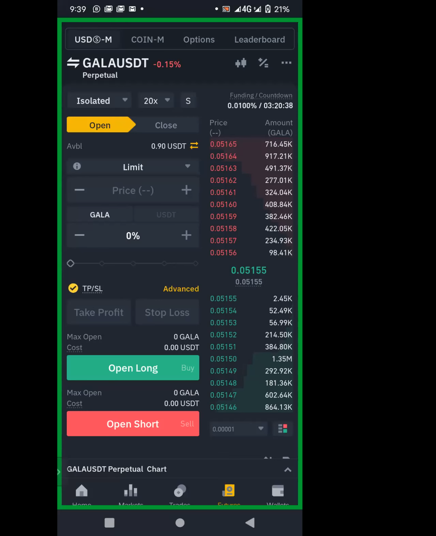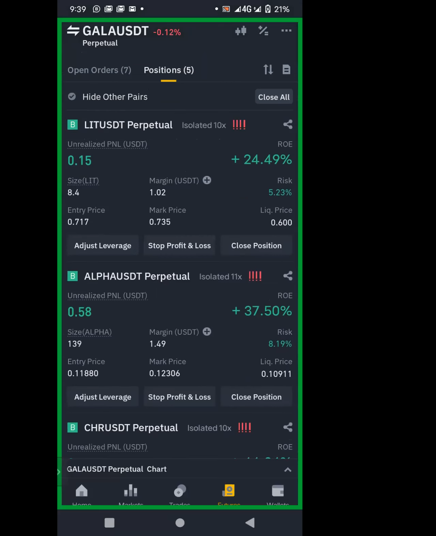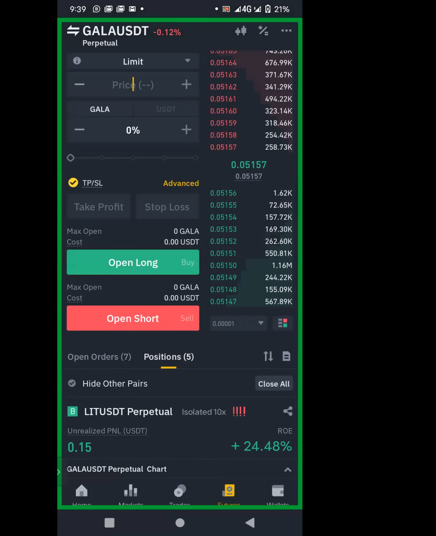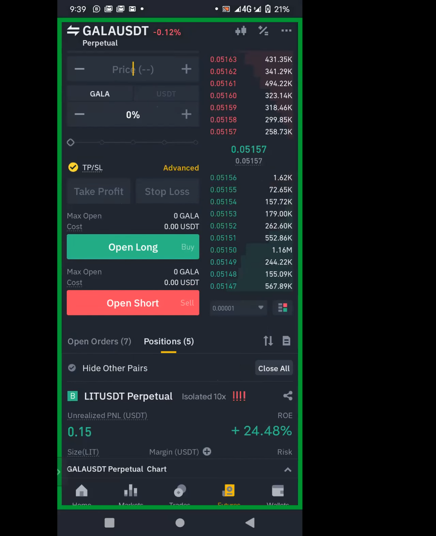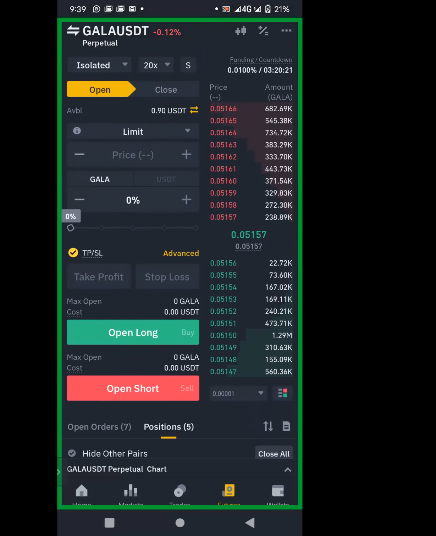If you follow my guide or my lead, you can see, even with a little capital, my little sister is just making some profit. So if you follow my guide, even if you're trading with a little capital, you can still make a good amount of money on futures trading. It might not be that huge at first, but when you start growing on it, like Mr. Mark was teaching